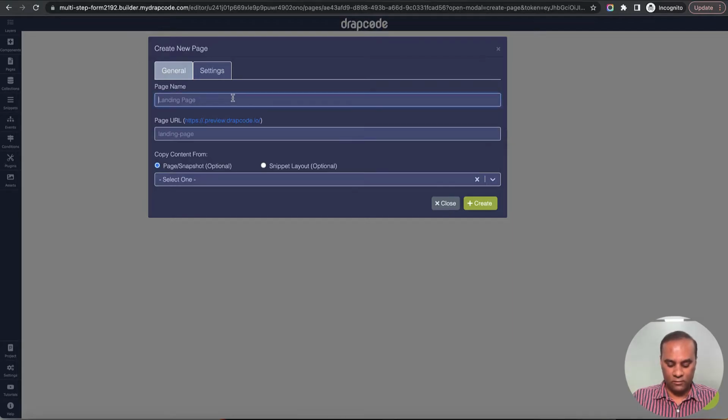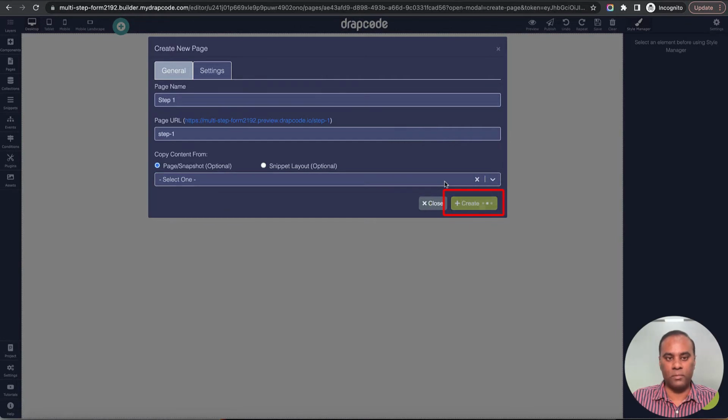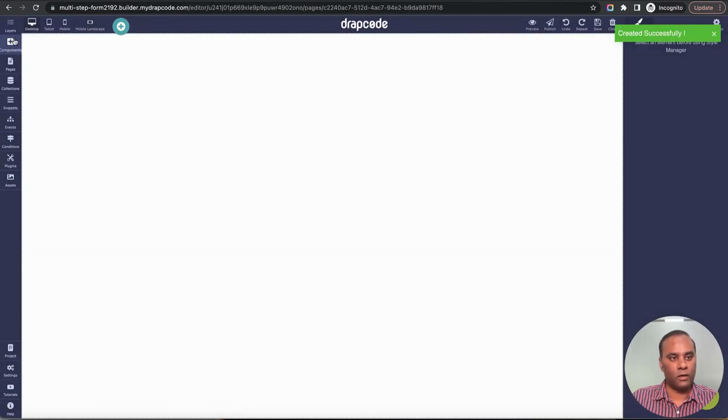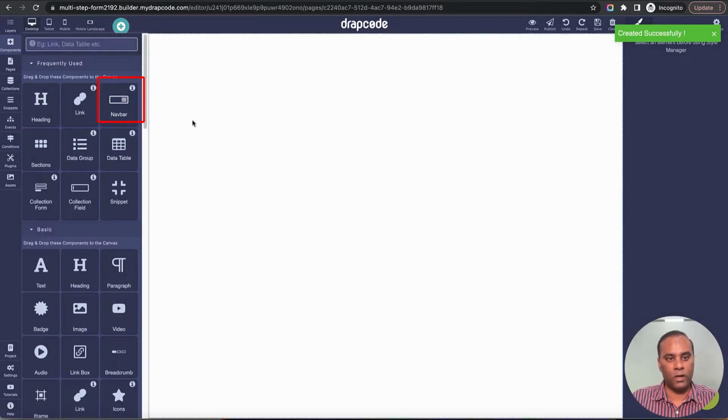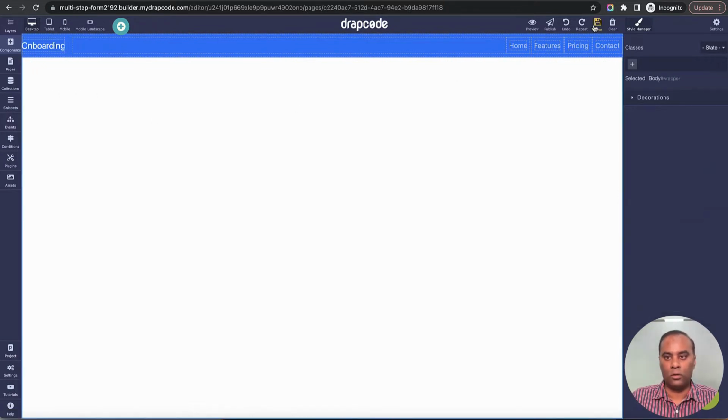So let's say this is the first page. Let's say step 1. Okay, I'll just keep it as blank. I'll put some header. Okay, some nav bar. It's onboarding. Let's build a 2-column layout